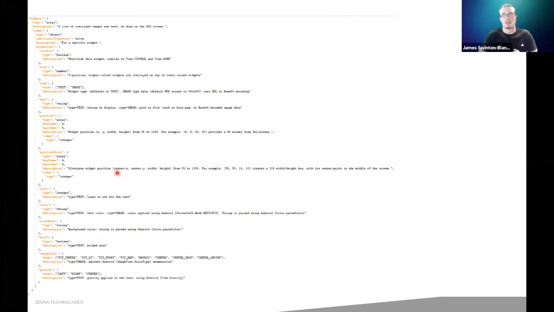The bottom left of the grid are from the center of the grid. So you have your center X and center Y positions, and then your width and height. So 50, 50, 10, 10 would create a 10% width height box with its center point in the middle of the screen. The next property then is lines, and this is only applicable if you're using the text widget, but